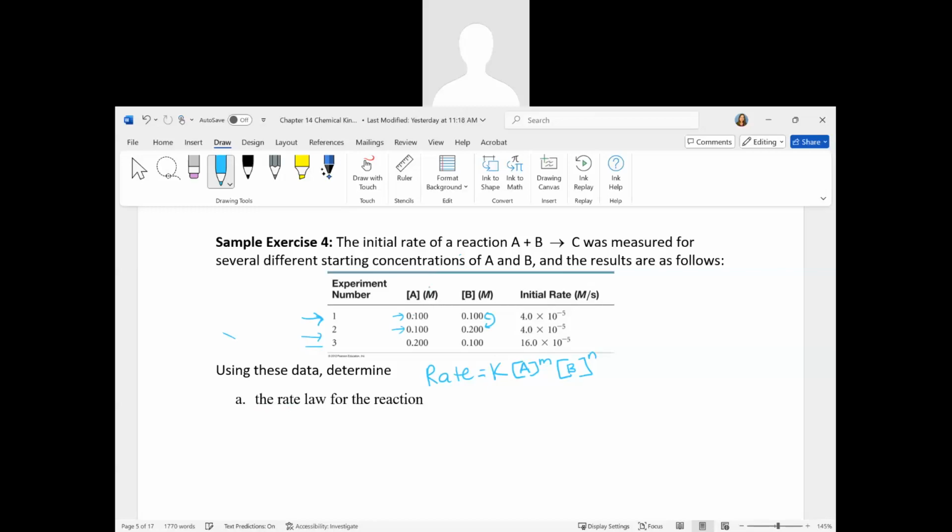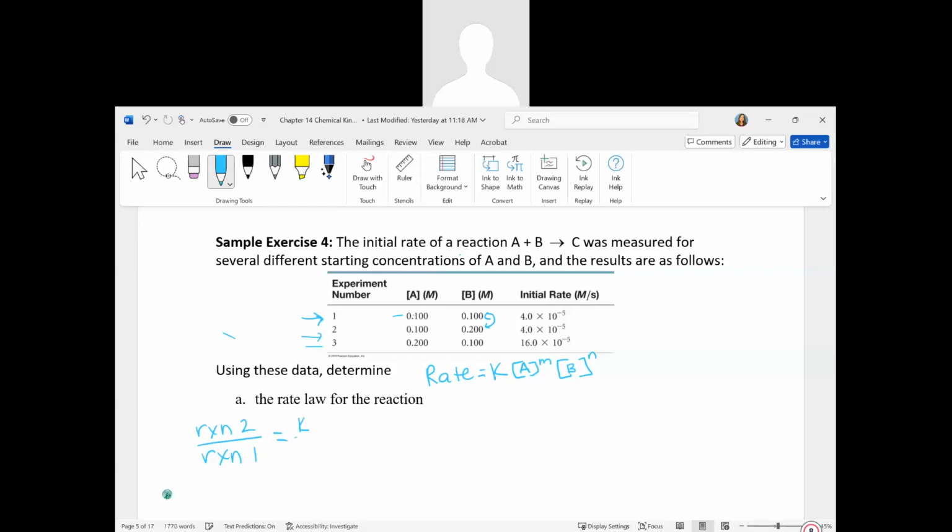That remains 0.1. So let's solve using reactions 2 and 1. There's some delay there. If we put reaction 2 on top of reaction 1,